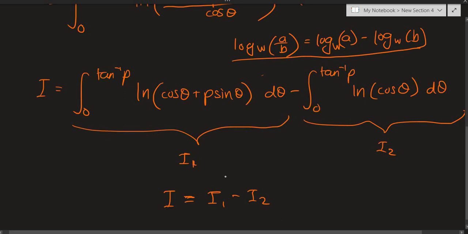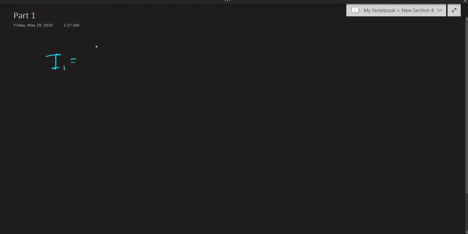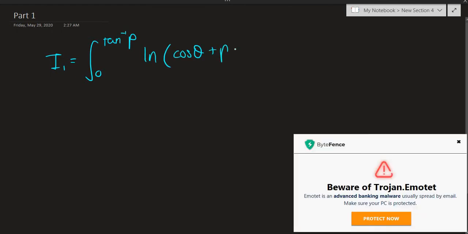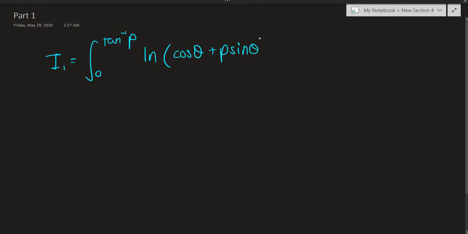See you there. So as discussed, we have I1 being equal to the integral from 0 to the inverse tangent of p of the natural log of cosine theta plus p times sine theta d theta. Now, because we have a sum of two different trigonometric functions, the sine and the cosine, is there a way that we can convert this sum into a single term? Well, if you're thinking along these lines, you're going in the right direction, because we can certainly use some compound angle formulas. So let's recall